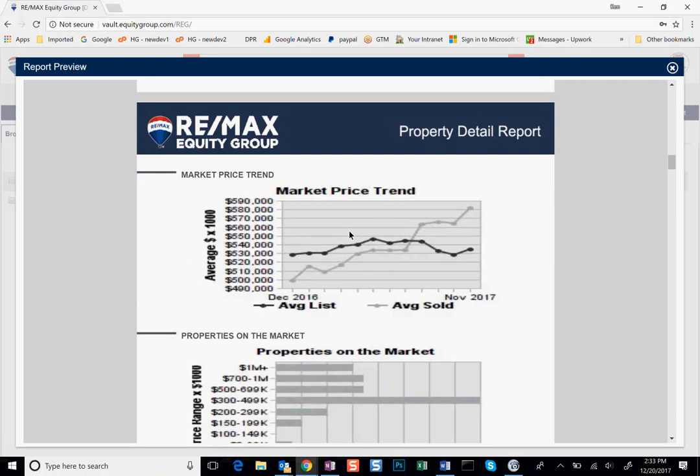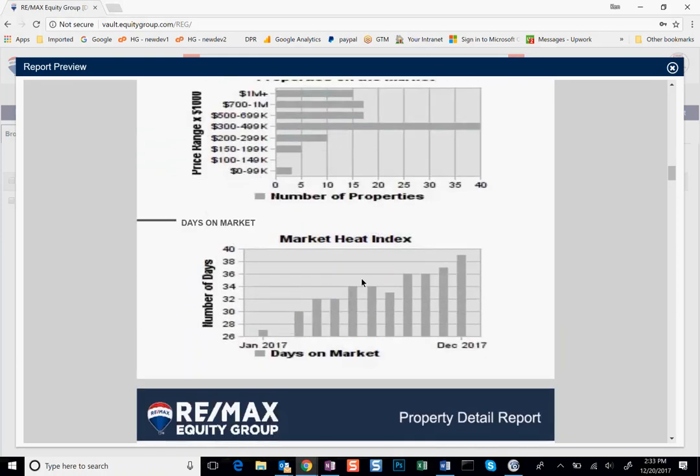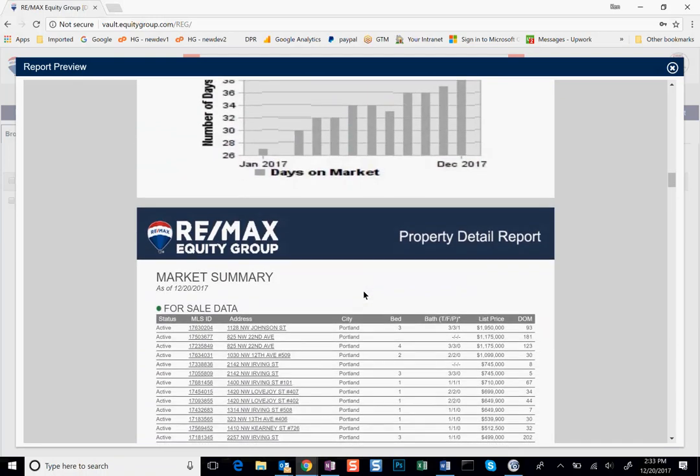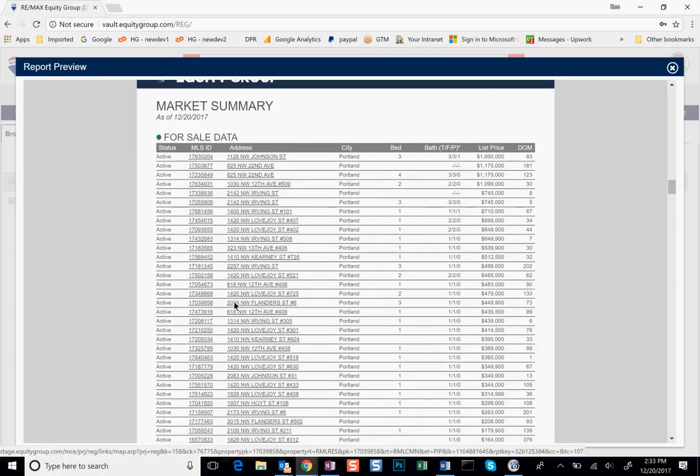We're fixing these charts and graphs. I saw this with an update that came out this morning. I apologize for that, but it will look nice and sharp and will not look so distorted. They'll give market price trends, properties on the market by segmentation, and a heat index based on the zip code that you're in. Down here, now we look at every single property that's in this mix